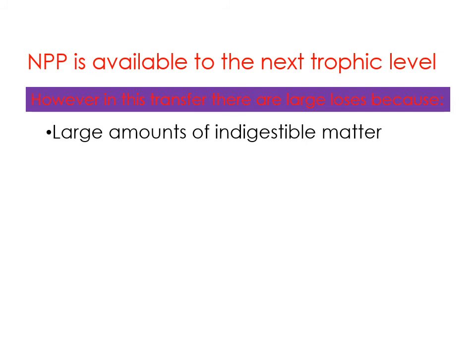Okay, well, first of all, a plant is made up of large amounts of indigestible material. So it's important here to name cellulose if you can. Because cellulose is indigestible by a large number of species, that energy trapped in cellulose will be passed out in the feces of the organism.